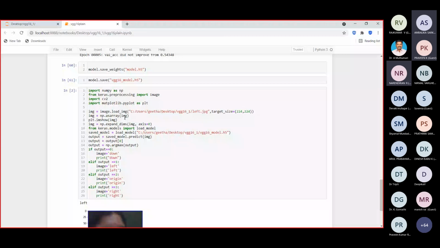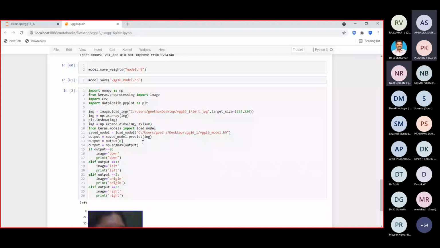Output is equal to saved_model.predict of image. The model will predict the labels of the data based on the trained model. Here it predicts the values, and I initialize the output as output of 0.